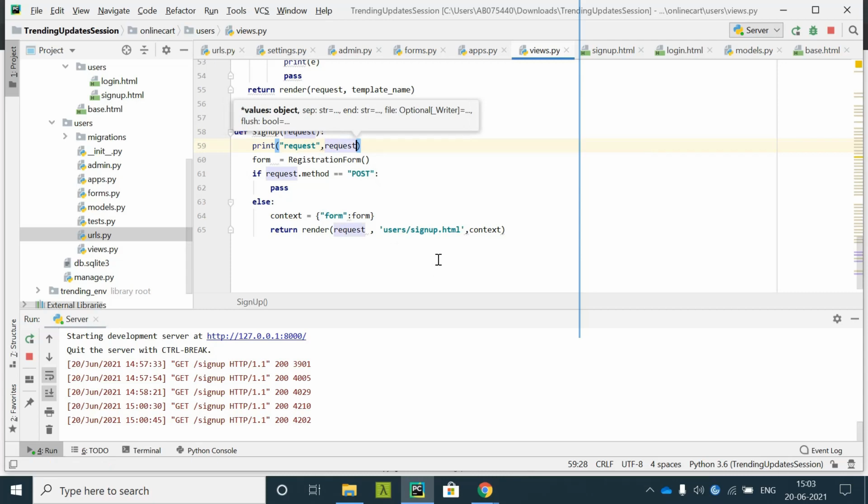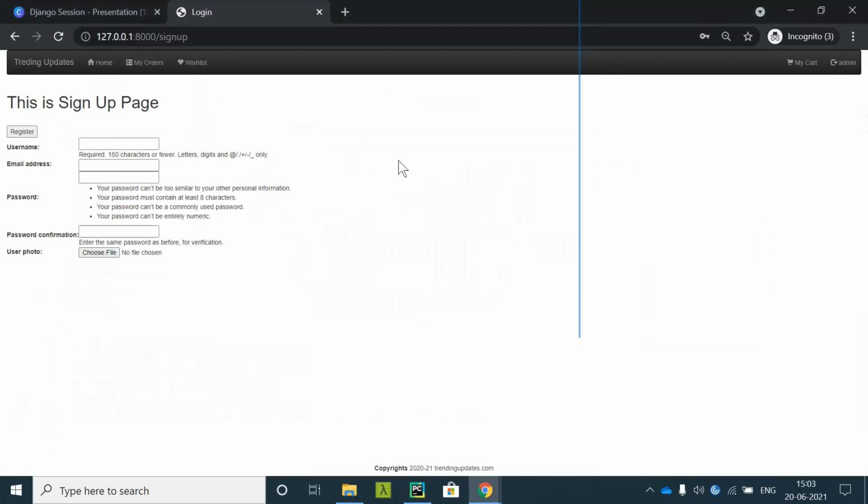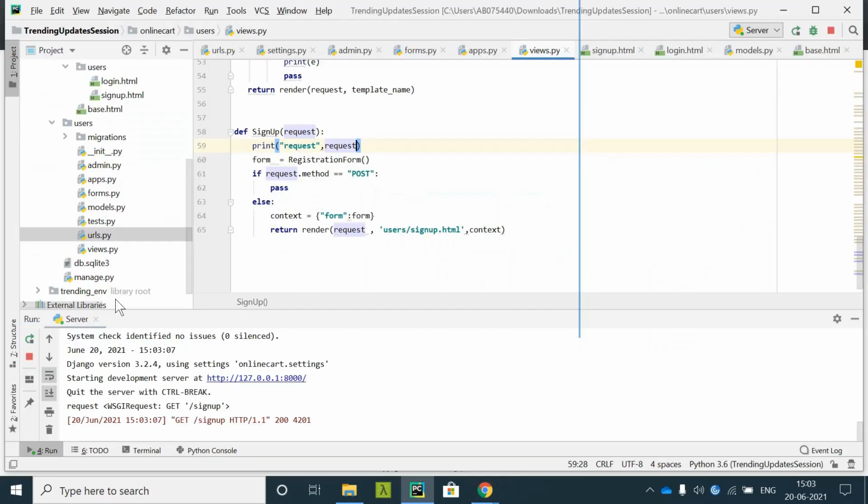Coming to this empty form, it should have printed me something. You see the WSGI request, it is get. Get sign up, it is the endpoint and it is the get method.